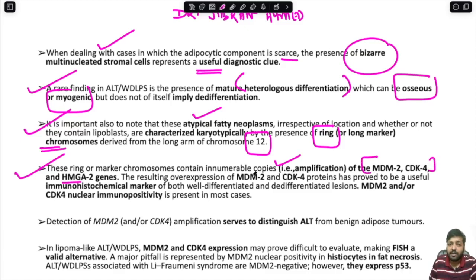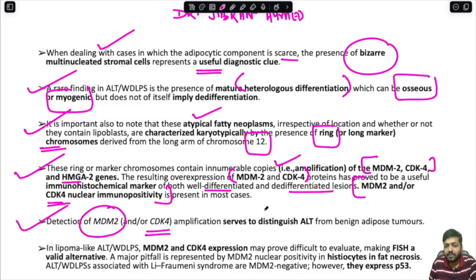The resulting overexpression of MDM2 and CDK4 protein has proved to be a useful IHC marker for both well-differentiated and de-differentiated liposarcoma. MDM2 and/or CDK4 nuclear immunopositivity is present in most cases. Detection of MDM2 and/or CDK4 amplification serves to distinguish ALT from benign adipose tumors. In lipoma-like ALT or well-differentiated liposarcoma, MDM2 and CDK4 expression may prove difficult to evaluate, making FISH a valid